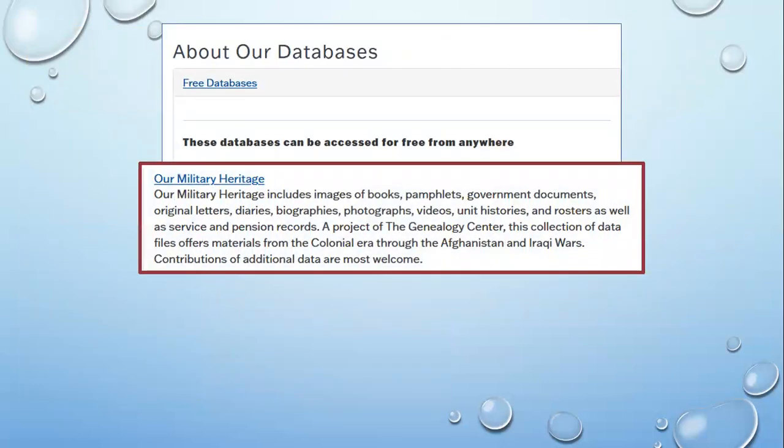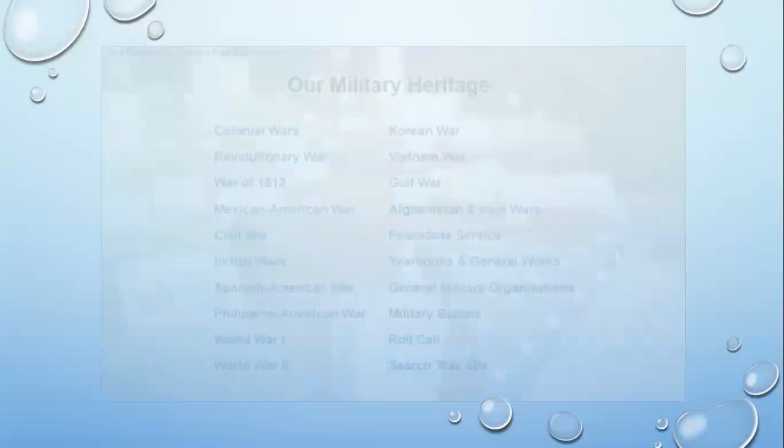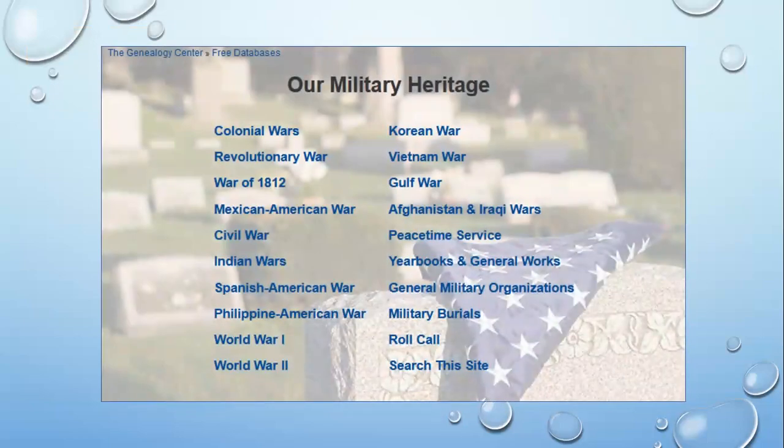Next up, we have our military heritage. So in our military heritage, when you are there, first you see we have materials for the colonial wars through current. And military materials span anything from books, pamphlets, actual service records, pension records, correspondence, V cards, anything that documents